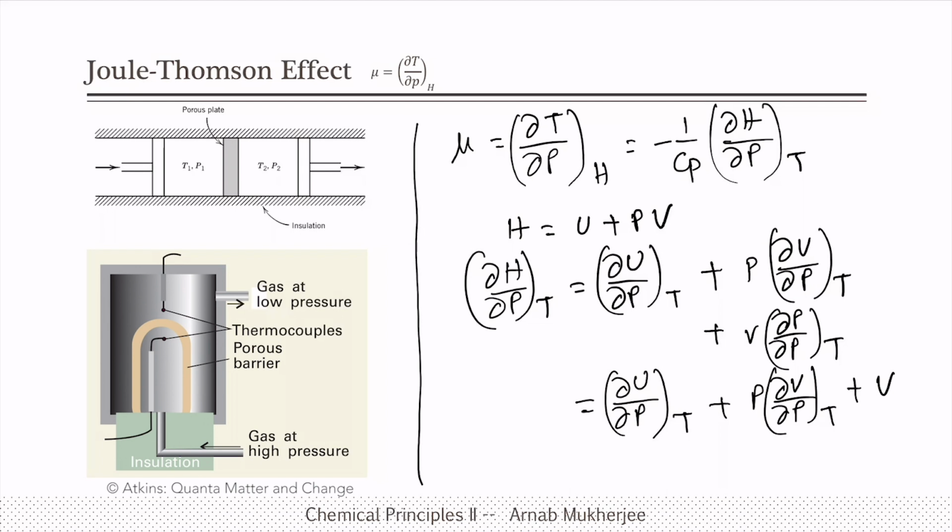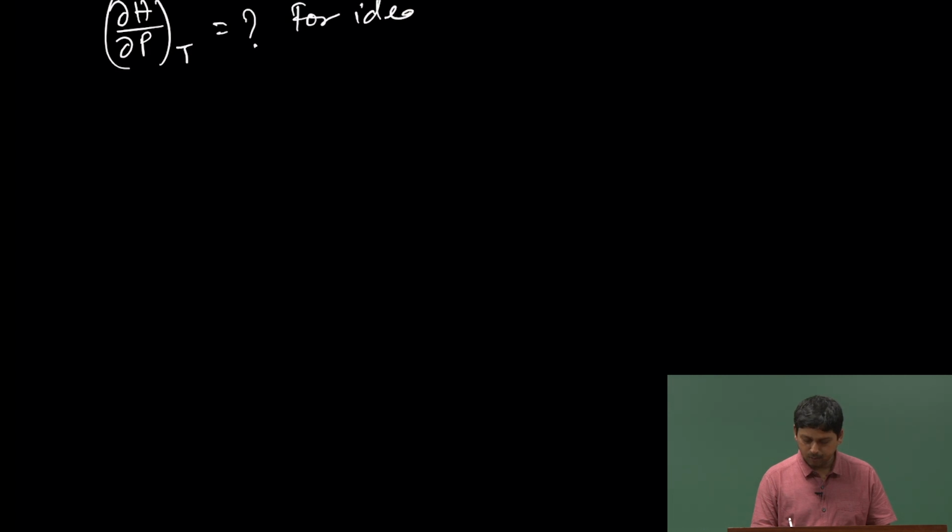Now, what will be the value for that for an ideal gas? So, we have to calculate this quantity and this quantity, and in order to do that, I will need a larger space. So, I will go back and do that once more. We have to calculate del H by del P at a constant temperature for an ideal gas. So, we know that H is equal to U plus PV. See, we are not remembering anything, we will just start from scratch and do that.